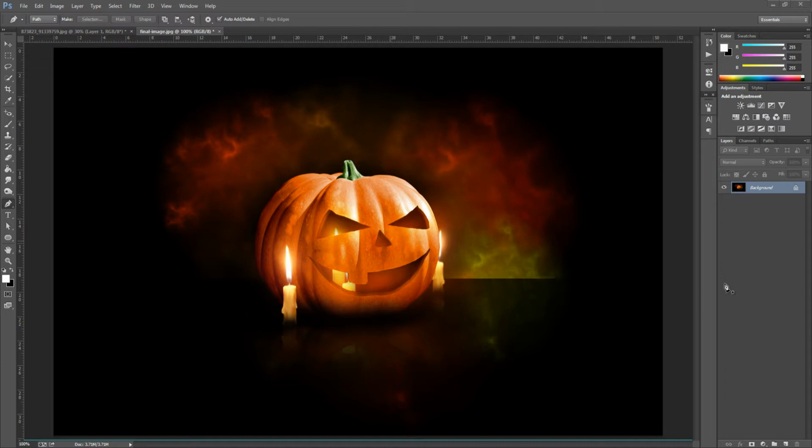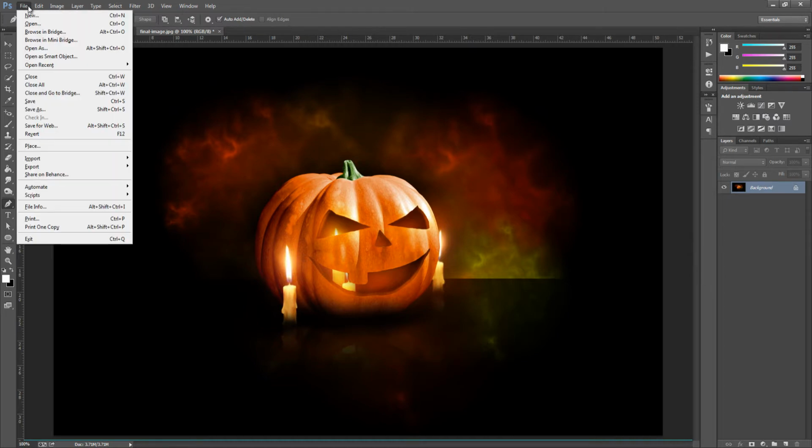The first thing we need to do is download a few images to implement into this. That can be achieved by going down to the description bar, checking all that out, everything in there that you need to know, and downloading it and putting it into Photoshop, ready for us to use. And we're just going to go up to File and New.